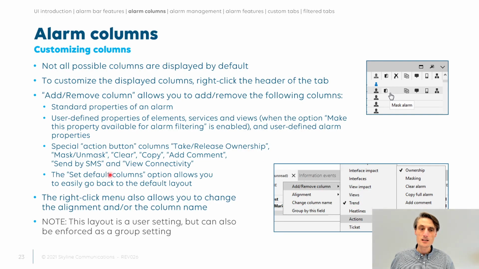So I've explained to you about the set default columns and also the possibility to change the alignment and the name of the column. All of those settings that I'm currently doing, reorganizing a little bit how my alarm console looks like, which columns are being shown, the alignment, the custom names, that's all being stored with my user settings. So whenever I log in from any place onto the DataMiner system with my user, I will have again my